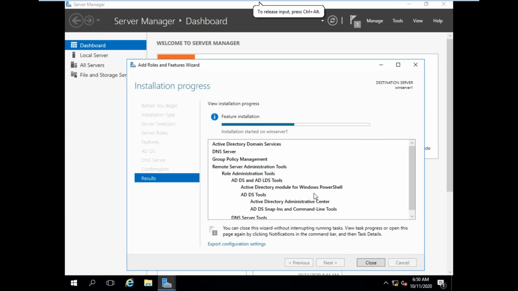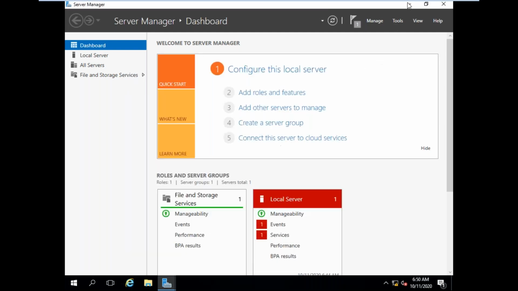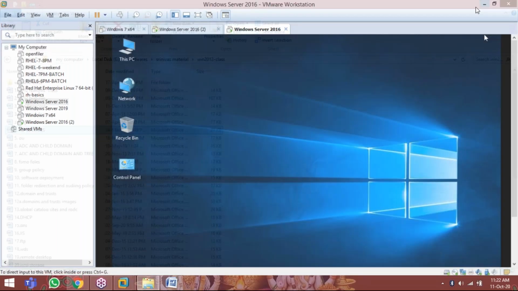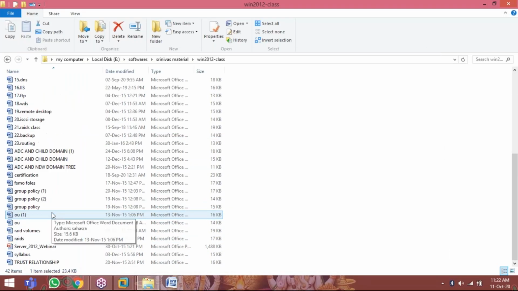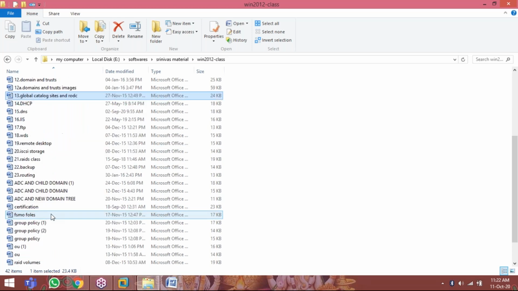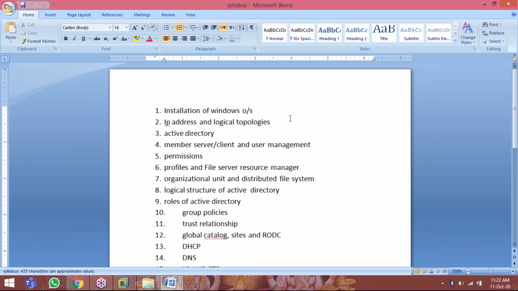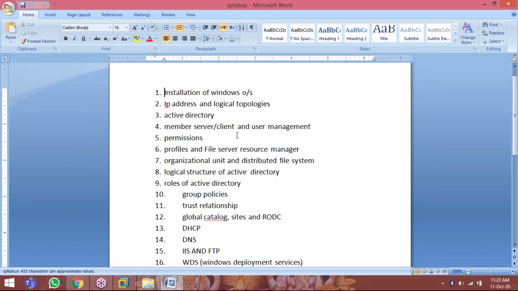Now, how to log in as a domain user, and what are the domain policies. We are going to discuss these topics. I will show you which topics we are going to discuss. So installation of Windows servers, these are some basics.